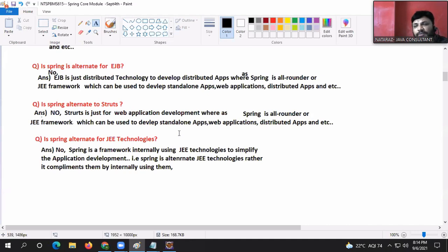For example, you take JDBC, boss, which is a technology. If I use that directly, I should write both common logics and dependent logics. For example, I want to execute a query. To execute the query, we need a statement. To create a statement, a connection. To create a connection, we need to load the driver class, right? All are having interdependency. What do you say, guys? When it comes to Spring, this kind of common activities